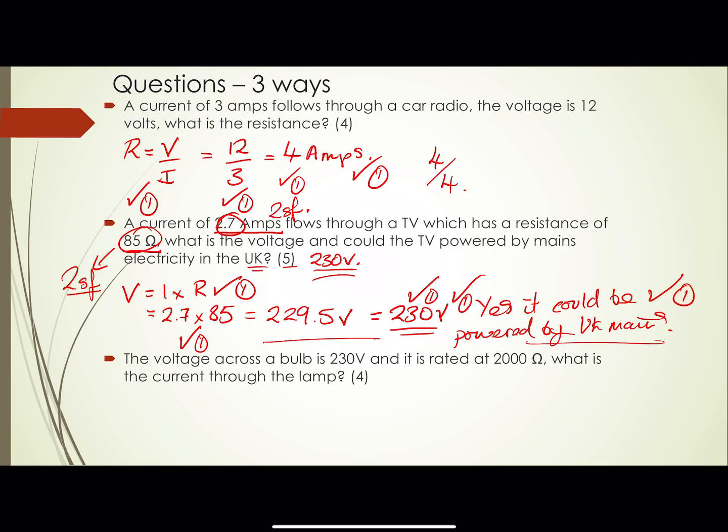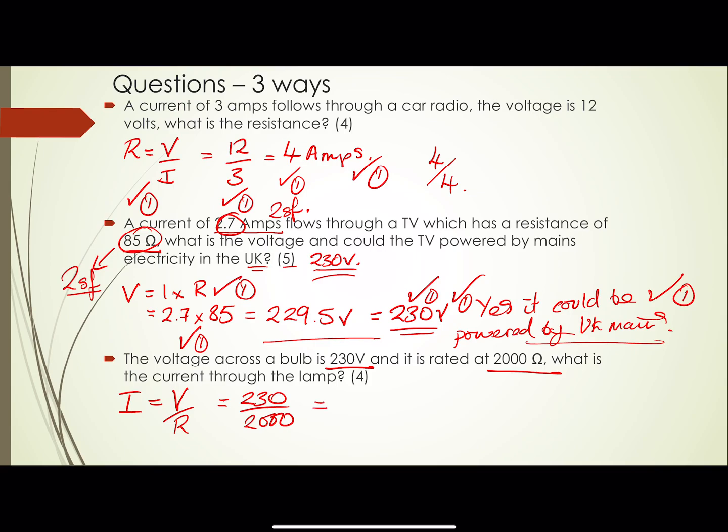Next question then. The voltage across a bulb is 230 volts. Well, that's the same as the UK mains. It's rated at 2000 ohms. What's the current through the lamp? So now we need the equation for current. I equals V over R, which equals 230 divided by